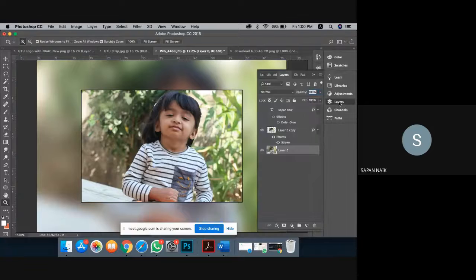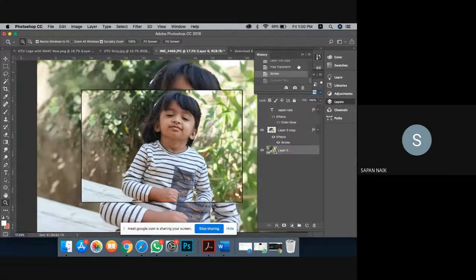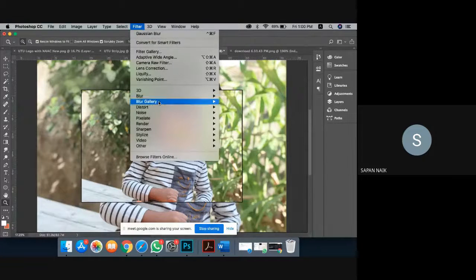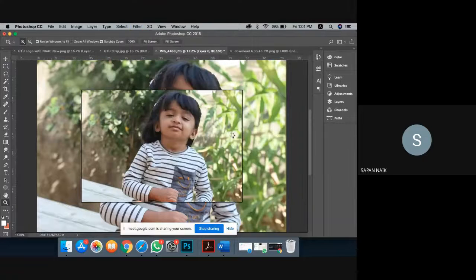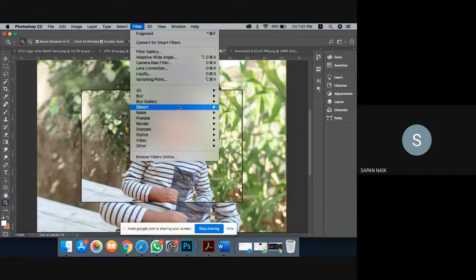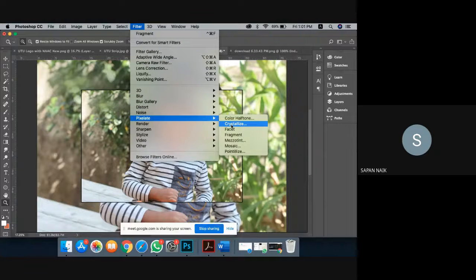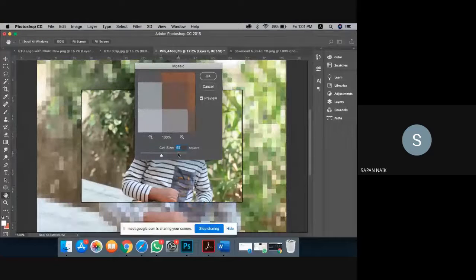Other than this, if you want to make the background, then in that case, this layer is available. Go to Filters. Suppose let's distort it a little bit. It is not doing anything. Let us put tiles. Okay.